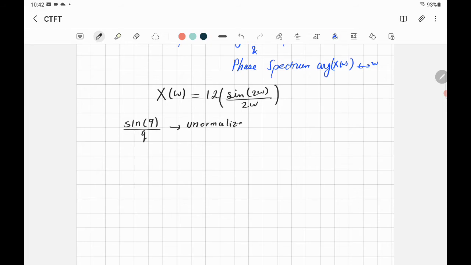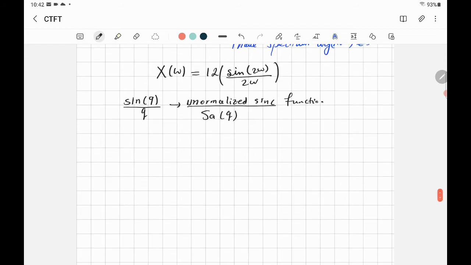Unnormalized sinc function. Another name they call it is the sample function, SA function of q. If it's normalized, it will look like that: sine pi q over pi q, that's called the sinc function. That's the first, we call it normalized